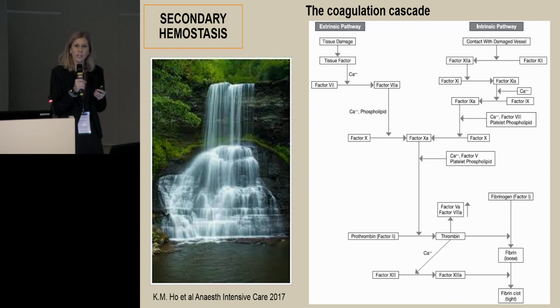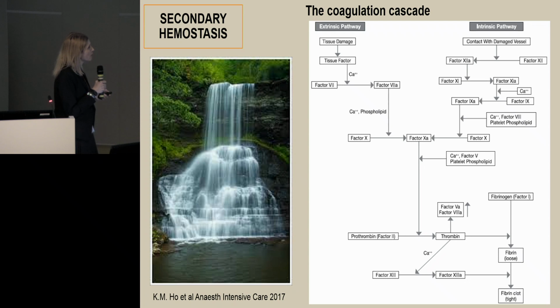This is the coagulation cascade model, meaning that the activation of one coagulation factor will trigger the activation of the next one, and the next one, once activated, will activate another one, and this is how the model was described. As you can see, we have two pathways, extrinsic pathway and intrinsic pathway. Extrinsic pathway is short, having only two coagulation factors, tissue factor and factor 7, and intrinsic pathway is longer, having